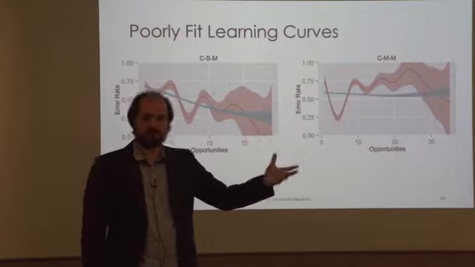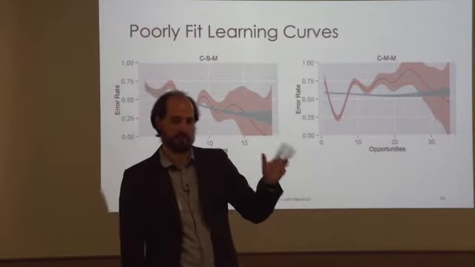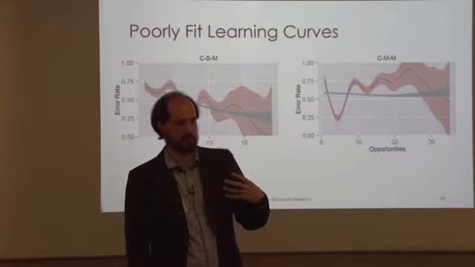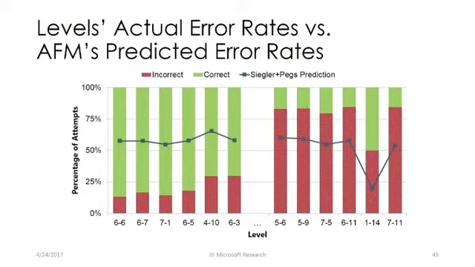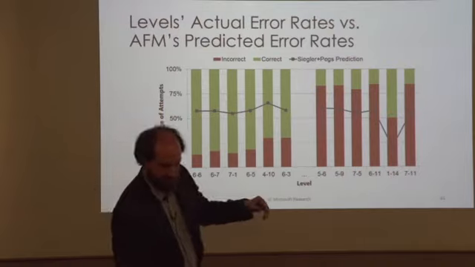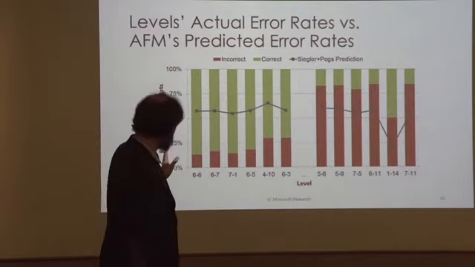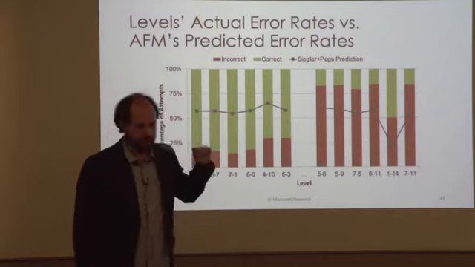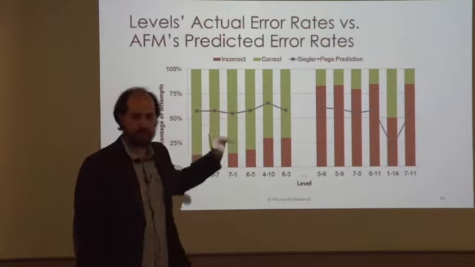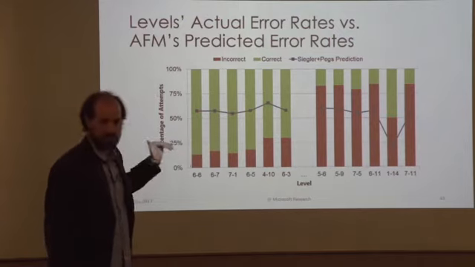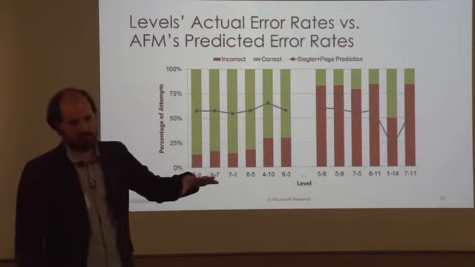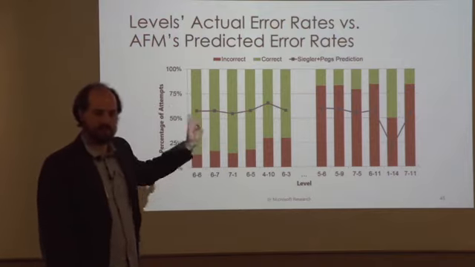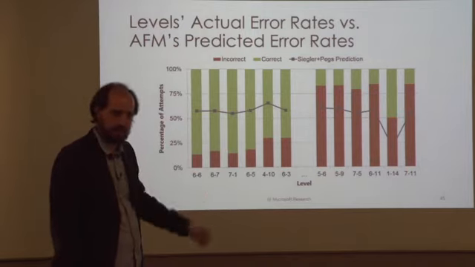To this point, we've been doing what we call rational cognitive task analysis, just thinking about the problem, how do you have to think through it, and how might we introduce new KCs because of that. But for this next step, we're going to do empirical cognitive task analysis. Here you have levels of the game, and then the red and green portions are the actual error rates on those levels. So if it's mostly green, it's a very easy level. If it's mostly red, it's a very hard level. And then that blue line going through the middle is the predictions of AFM for all of the attempts on this level. Does that make sense?